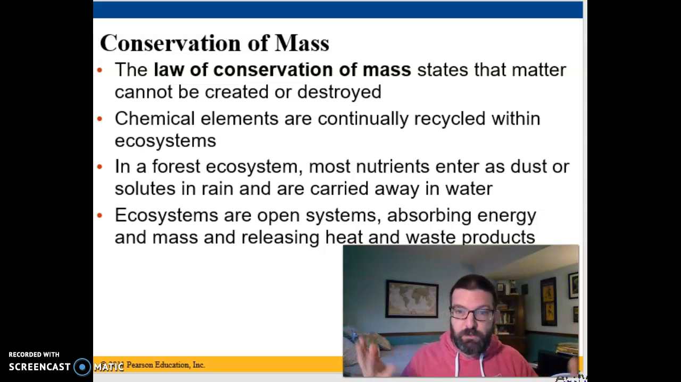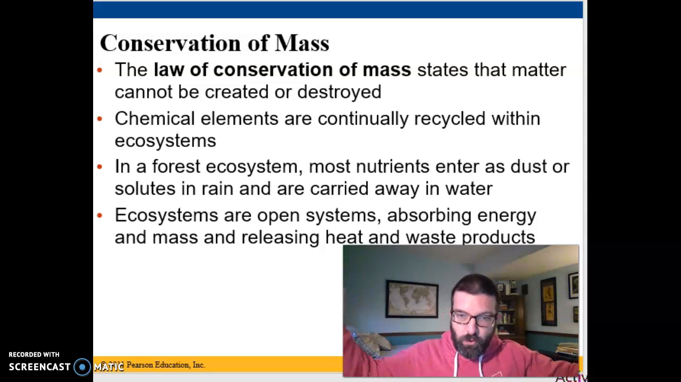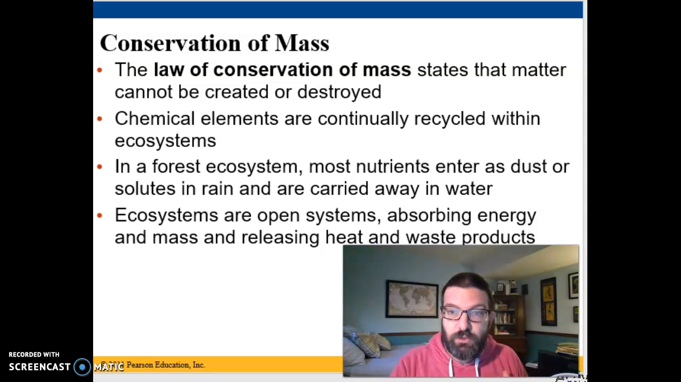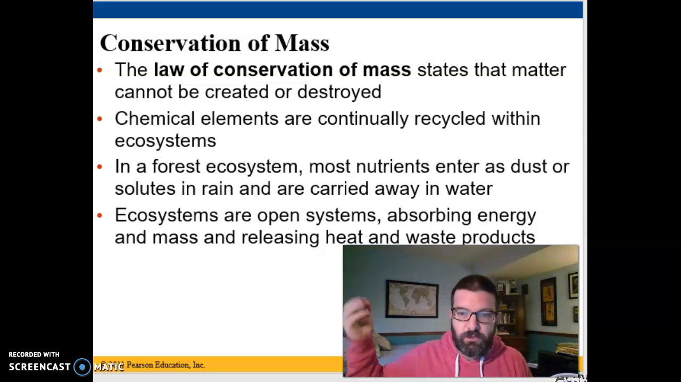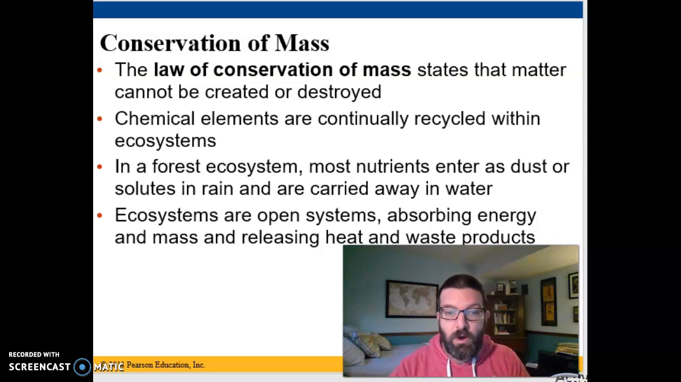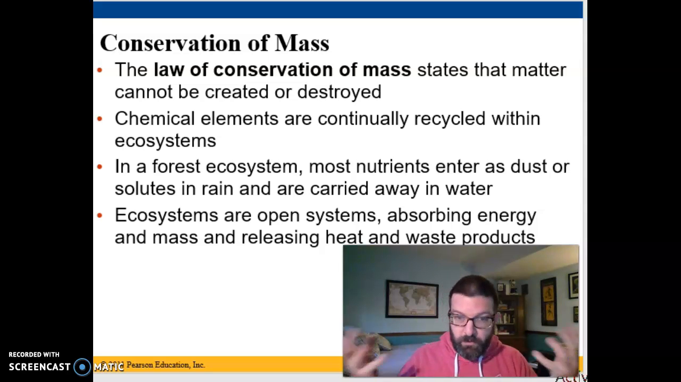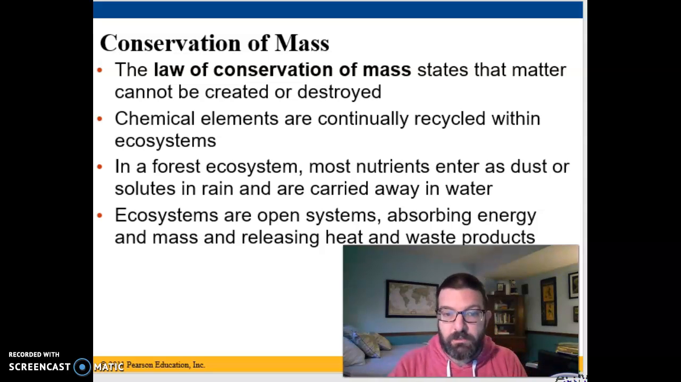So energy flows through an ecosystem. It may bounce around in there for a while, but eventually it leaves, and we need more energy to come in. It flows through, and chemical elements, nutrients, are recycled within an ecosystem. So in a forest ecosystem, nutrients will enter as dust, solutes in the rain. They will get carried away in water. And ecosystems are open systems, so we absorb energy and mass from around us, and we release heat and waste